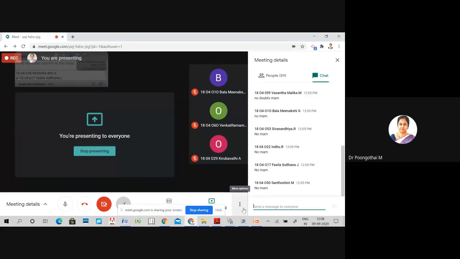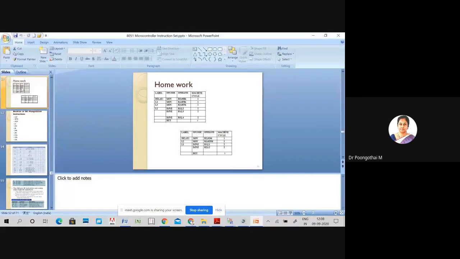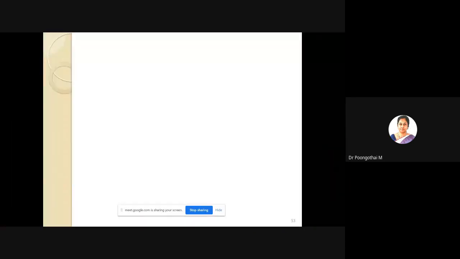So for approximation, the calculation for delay routine, suppose you need to generate 219 microseconds.